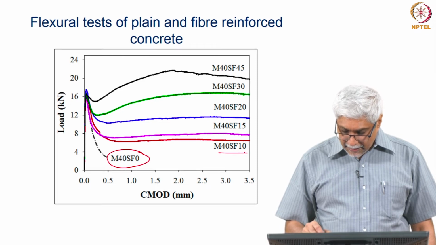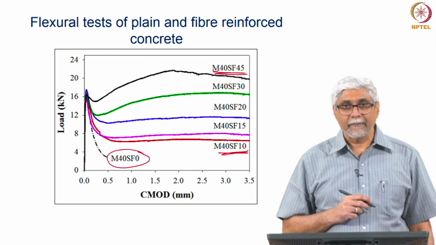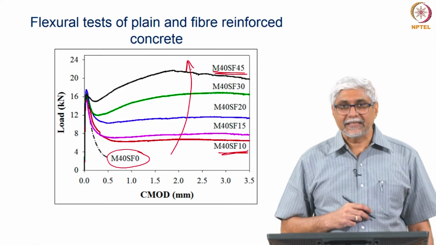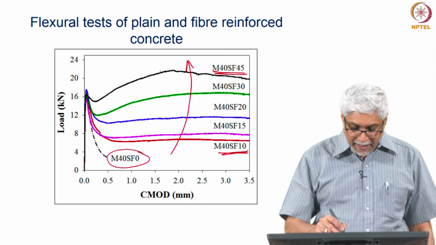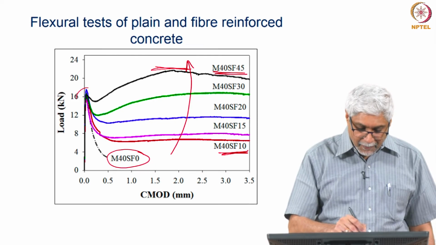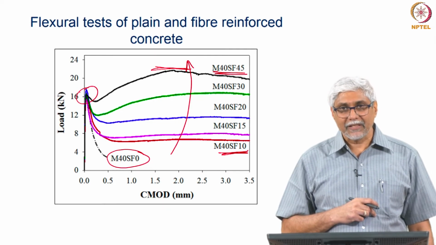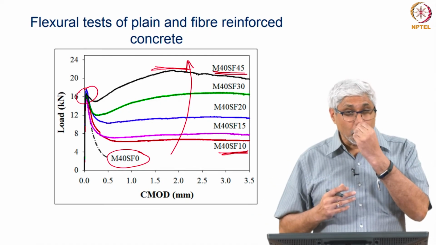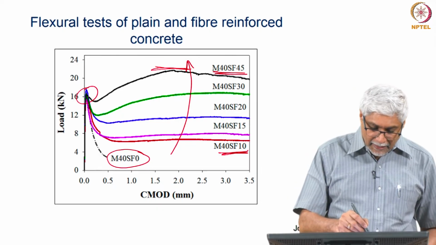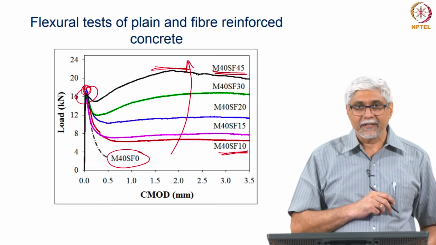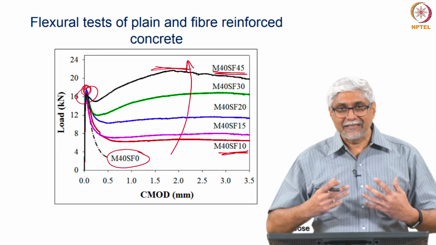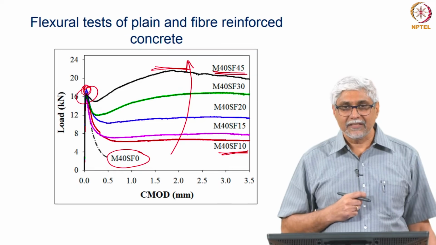This is with 10 kilograms and going up to 45 kilograms of fibers, and you can see how the energy is increasing, how the load carrying capacity is increasing, and you can even see that in some cases the maximum load carrying capacity is much higher than the crack load carrying capacity because of the fibers bridging the crack. So, these are some things that you would not be able to do with load control. If you had done a load control test, you will not get anything beyond this point. The test will finish there because the specimen will suddenly break, because the machine is only trying to increase the load.